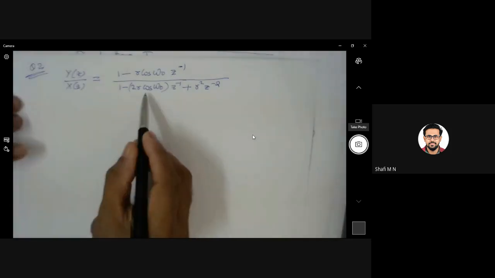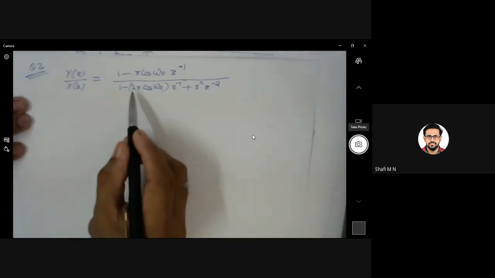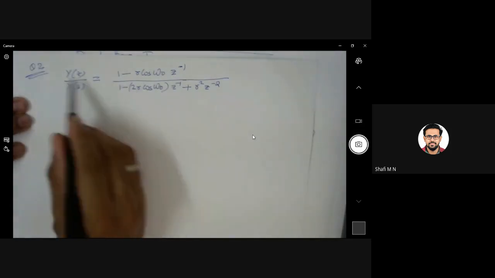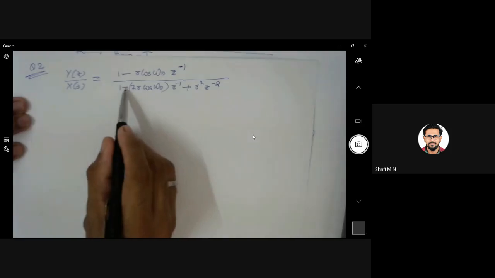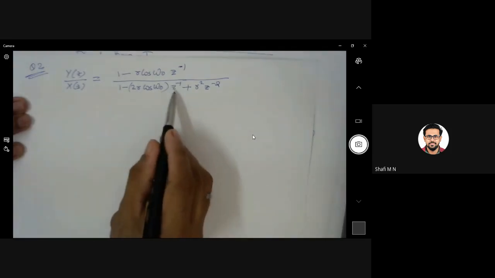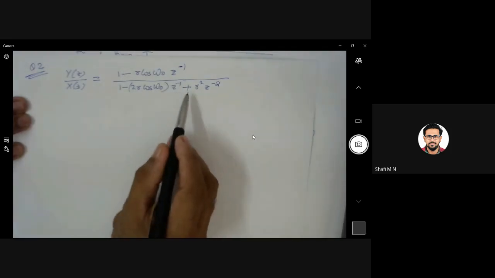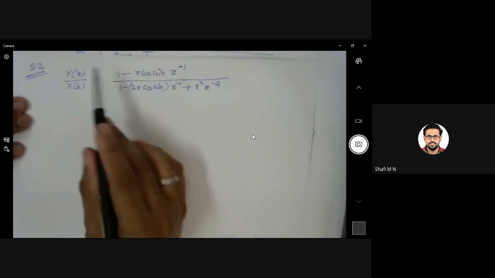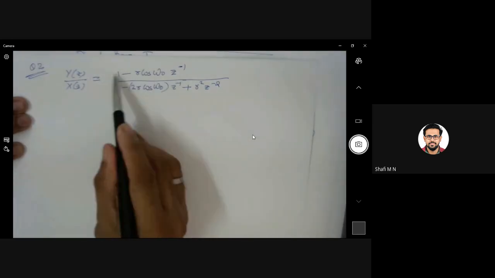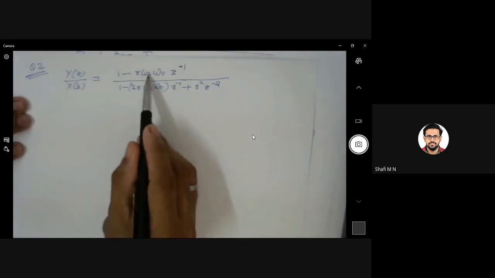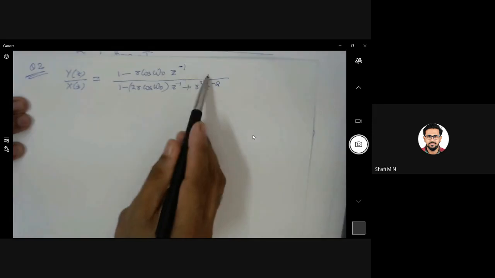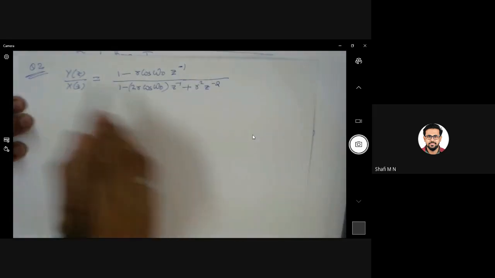So difference equation, let me write the steps once for now. Just cross multiply this y of z into this thing minus this thing into again z raised to minus 1 into y of z plus r square z raised to minus 2 into y of z equal to this is x of z minus r cos omega naught z raised to minus 1 into x of z. You will get like that. So when you cross multiply that,